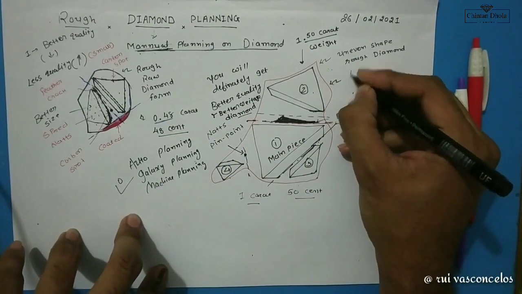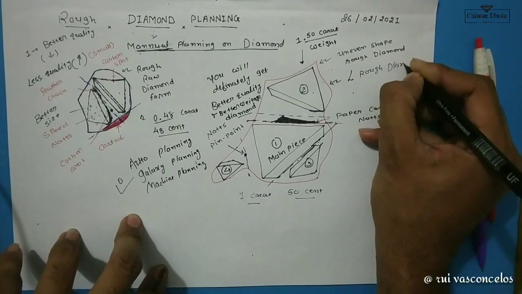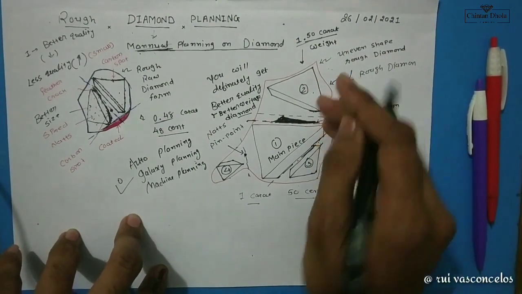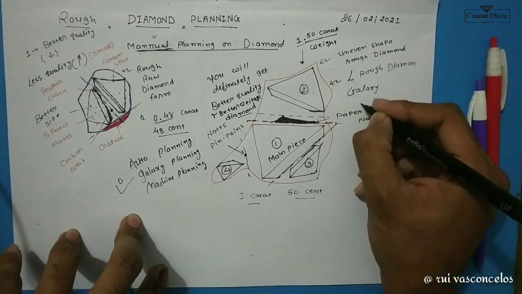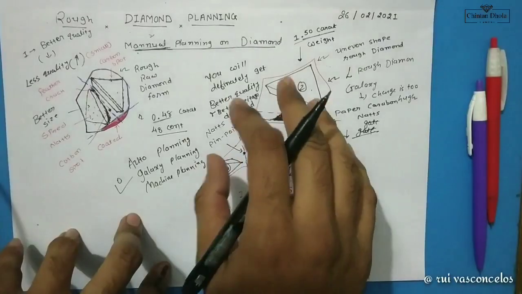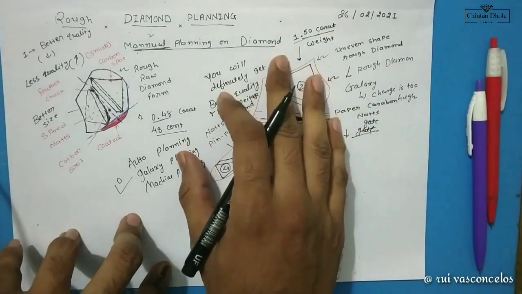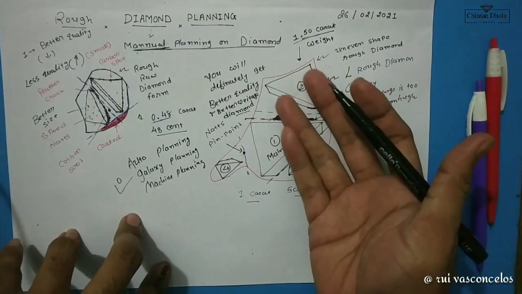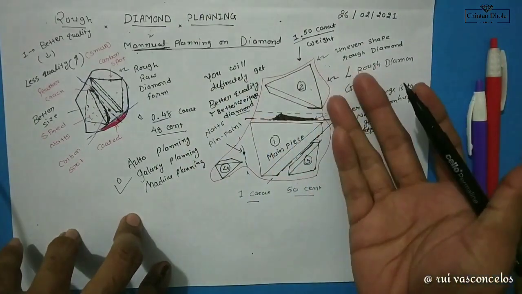If this diamond color is like L in rough diamond color and the size of that rough is 1.50 carat, you can't do this process on a Galaxy machine because the charge is too huge. But nowadays we have Galaxy machines, and the price per piece on a Galaxy machine is too low, so that is also possible on a Galaxy machine. So everyone likes to do their work in the Galaxy machining process.